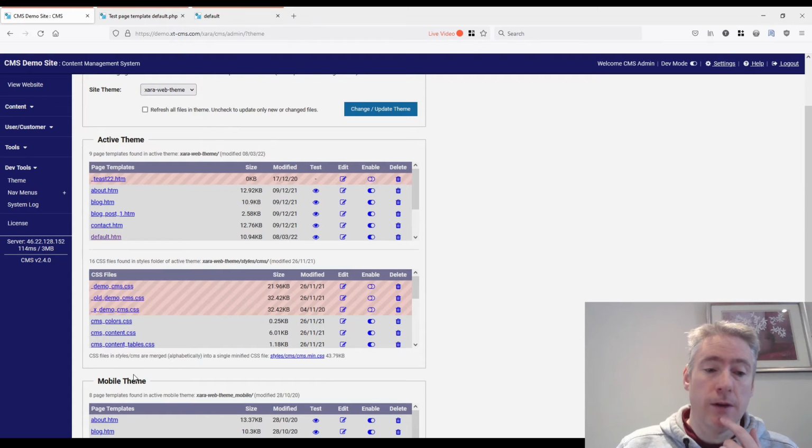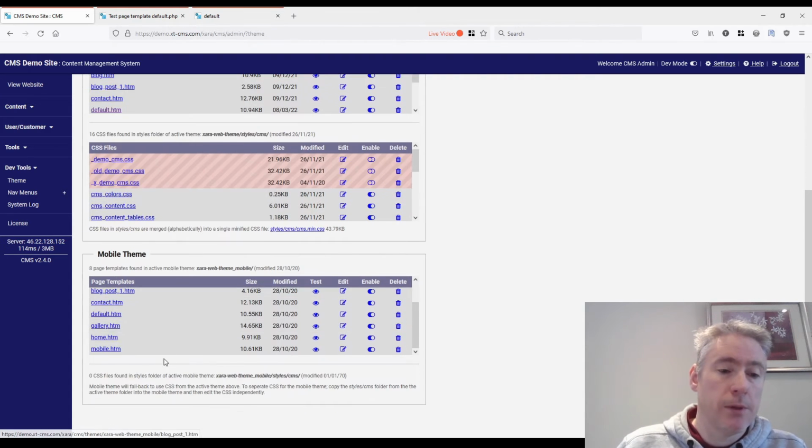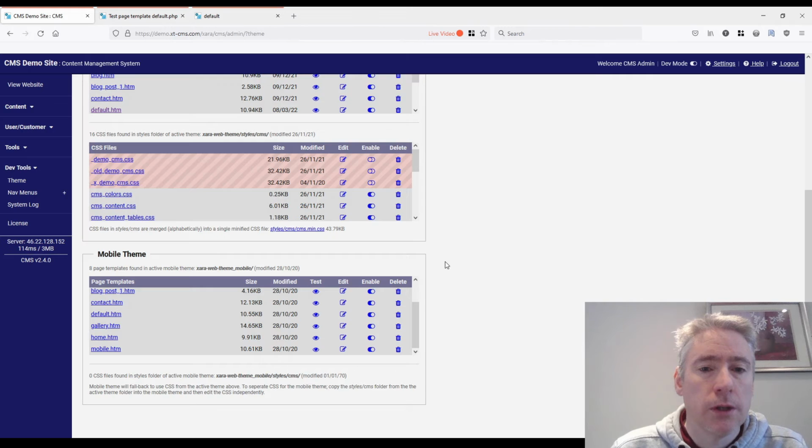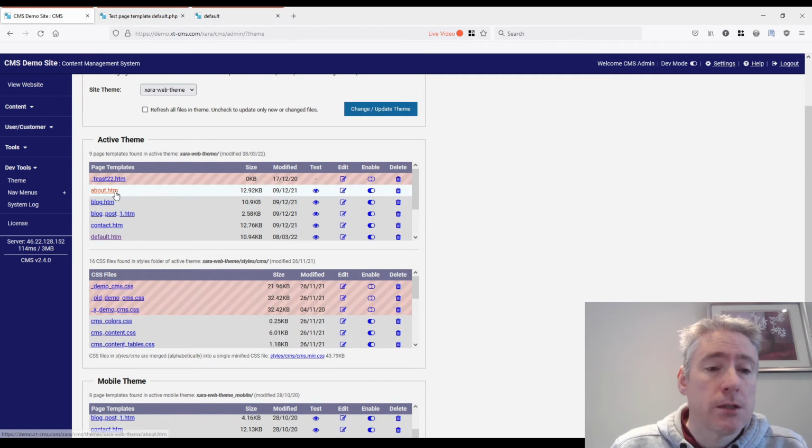So in this case, I do have the mobile, so it's showing me the page templates as well. And the CSS files are being shared between both at the moment, so it's not actually showing me separate CSS files here. But if there was CSS files in the folder here, it would show them as well. Okay, so one of the biggest things as well is the